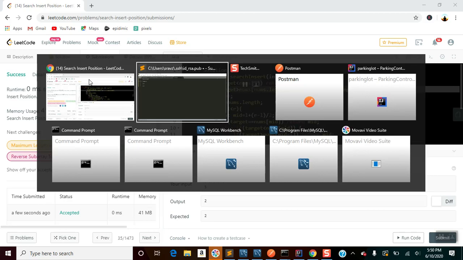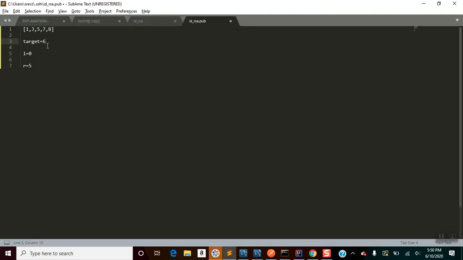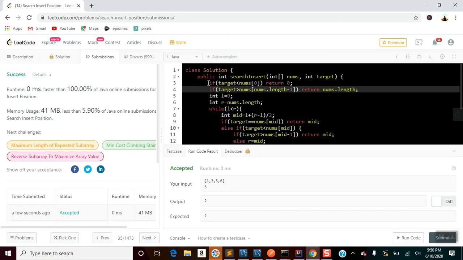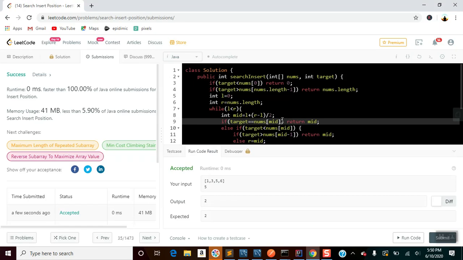So if you look at the two conditions I put here, assume you have a 9, right? In that case, time limit exceeded, because it's a binary search. So what I'm checking is, if it is greater than this value, I have to return the next index. If it is 0, then I have to return the index 0. That's what I'm handling in these two lines. And if you look at the time complexity, since it's a plain binary search, the time complexity is going to be order of log n, and the space complexity is going to be order of log n.